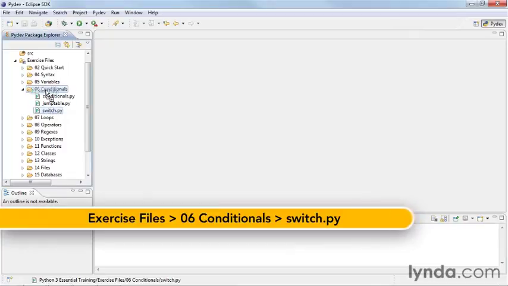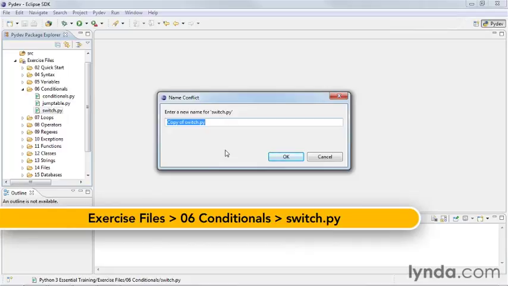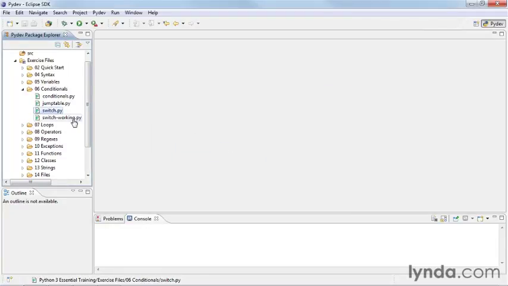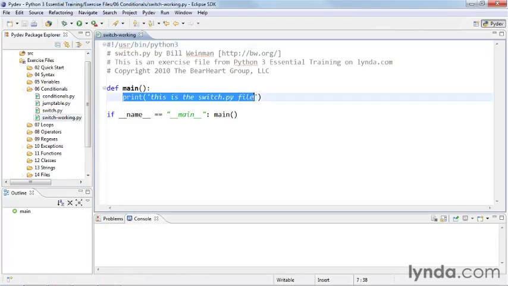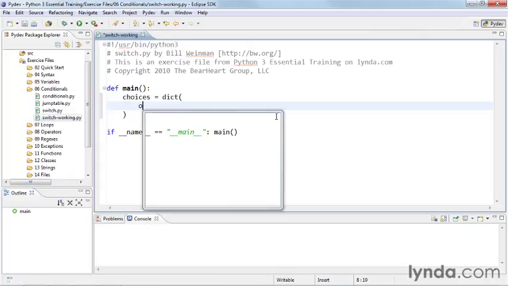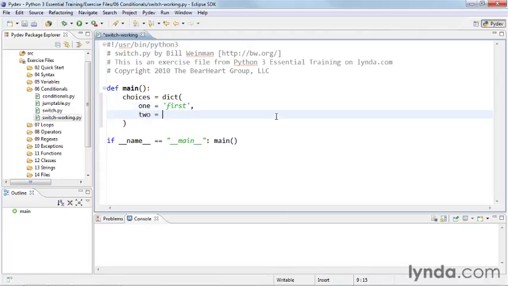So we'll go ahead and make a working copy of switch.py. We'll call it switch working. We'll open our working copy, and we'll start by declaring a dictionary. I'll call it choices. And we'll just put in a few choices here. 1, first, 2, second,